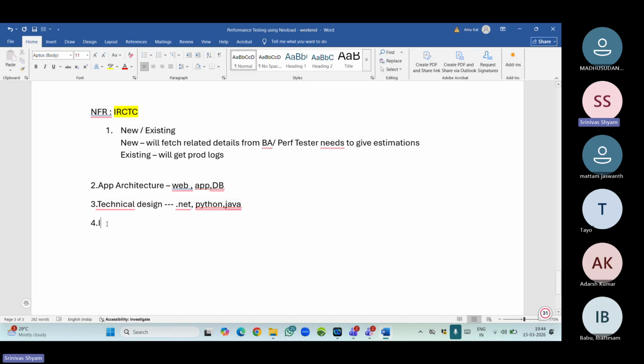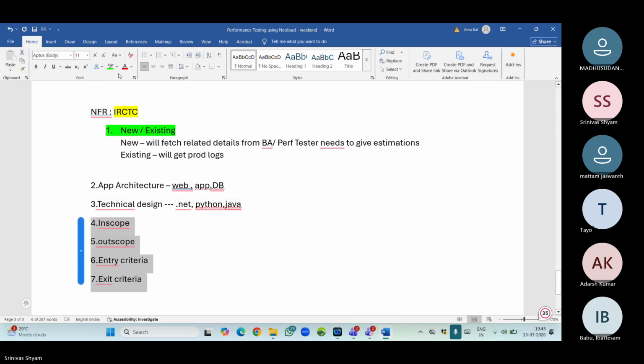And the next thing is in scope and out scope. So we will be looking for these words. Okay, in scope and out scope. In the same way, entry and exit criteria. Entry criteria, exit criteria. Okay, so if you consider this, even application architecture also matters a lot. That's fine. In scope,